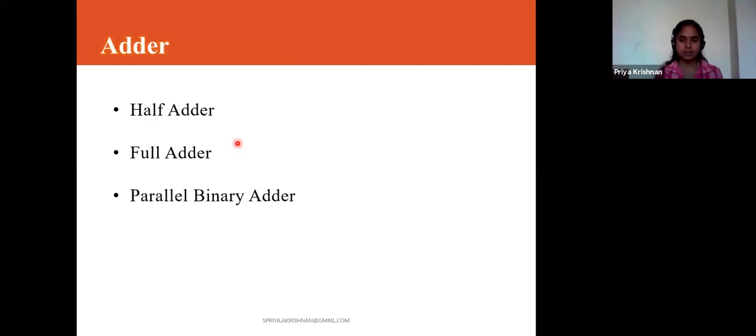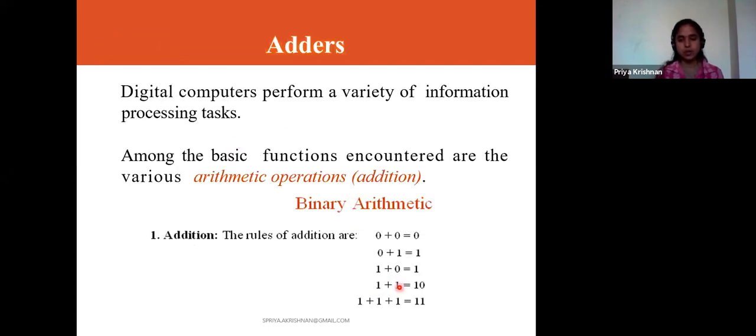If I add 2 inputs, what will I get? I'll get sum and I'll also get carry. So half adder has 2 inputs and it also has 2 outputs. What are they? Sum and then carry. So what is my first step in the design? What operation do I want to do? I want to do the addition operation. And for the second one, how many inputs? 2 inputs. And how many outputs? Sum and carry, again 2 outputs. So 2 inputs and 2 outputs.